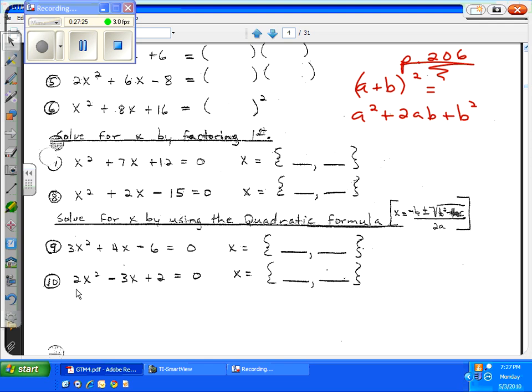Sometimes I don't get to spend as much time on some of this as I would like to in Algebra 1. But what we're going to learn there as we look at a binomial squared is, again, if a is 1 and half of the middle term squared,